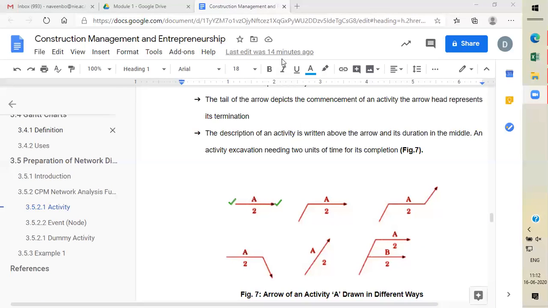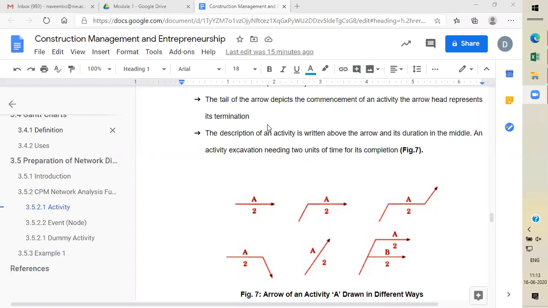You should be very specific here: the tail of the arrow depicts the commencement of an activity, so activity A commences from here and ends where the arrowhead is. The arrowhead represents termination.